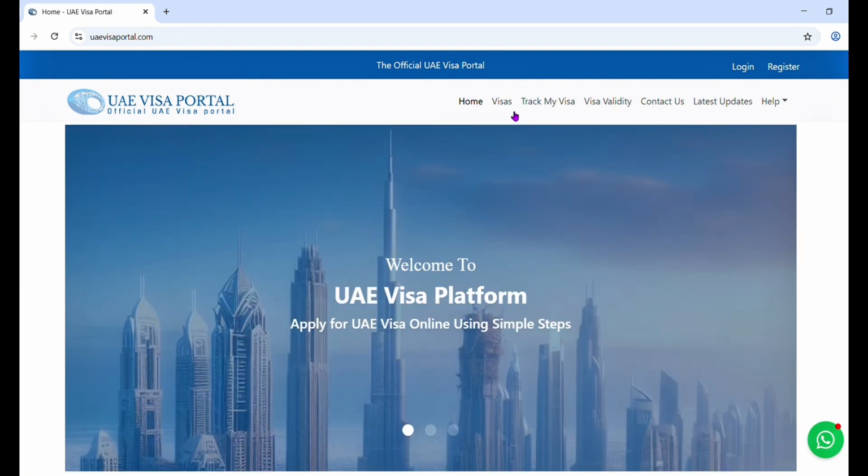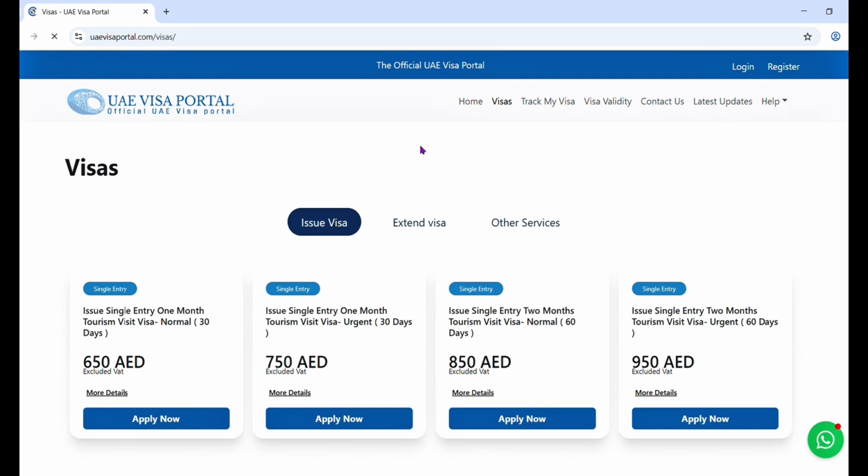In this website you have different types of visas. See here, all the visas are single entry visa, single entry 1 month tourism visa. It's a normal visa. If you want the urgent option, you will get your e-visa on the same day.